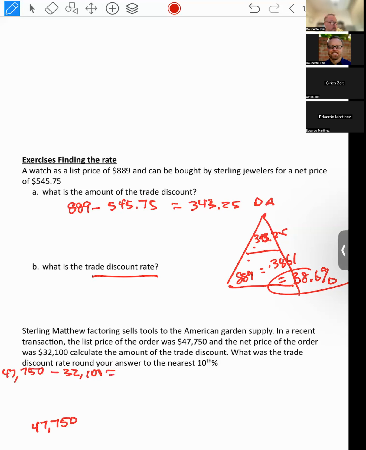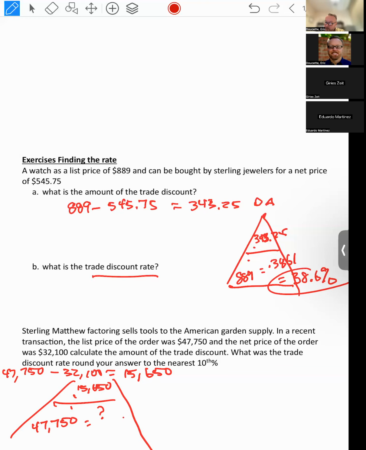between the two. So the difference comes out to 15,650. And then I would just put that in my little triangle. Divide those two because I'm trying to find my rate. So 15,650 divided by 47,750 comes out to